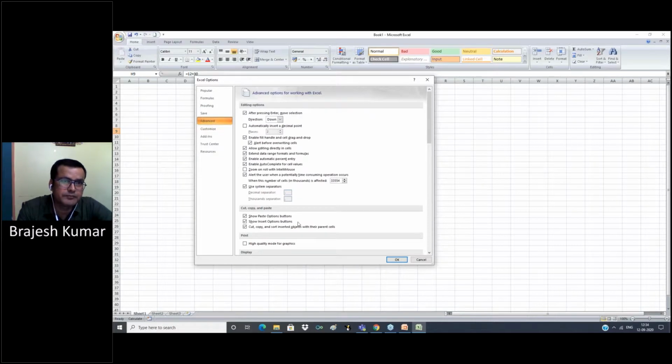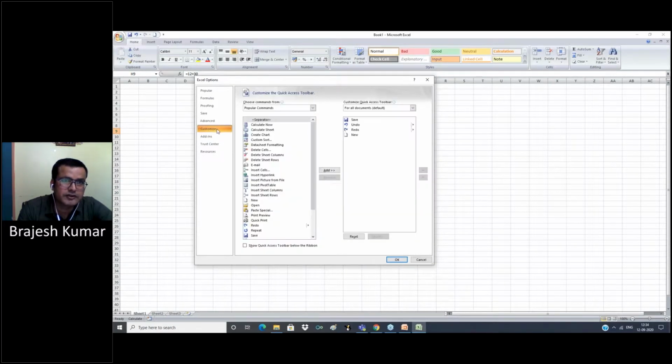Now the advanced option, not useful. Customize option: to customize our quick access toolbar, we can select options from here, but there are not many options.